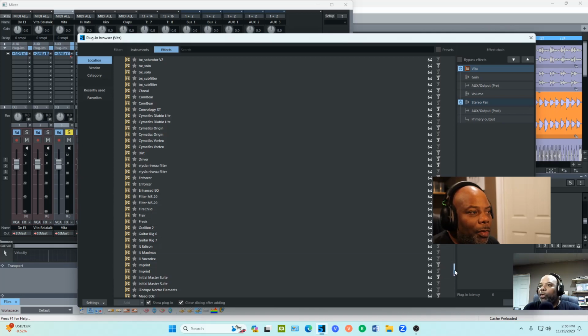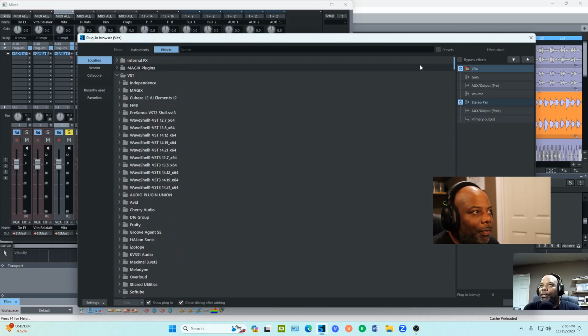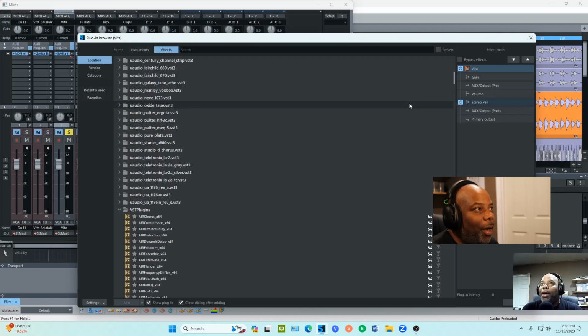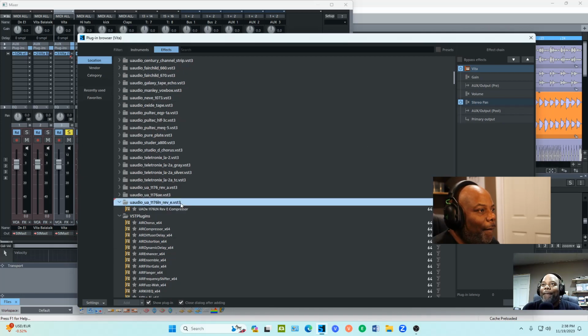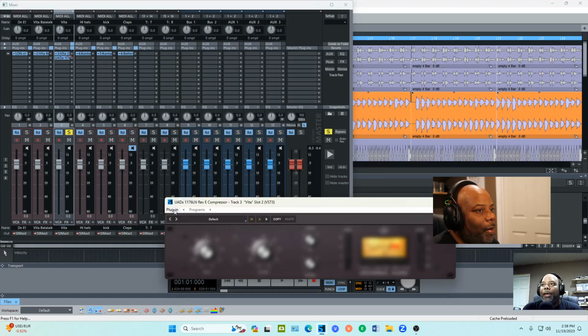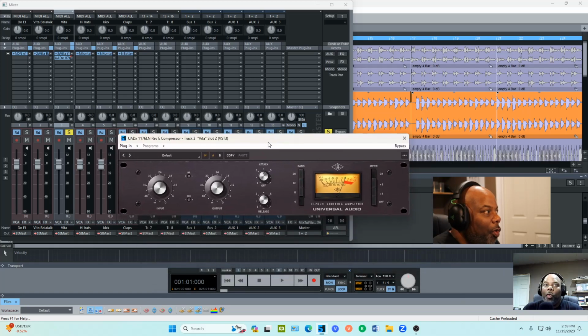Can they be used on, would it make a difference? My bad. Will it make a difference on which DAW you're using to process with these VSTs? That's the thing. So, there's your audio. Let me see. It's the compressor, right? Okay, dang, there you go. It pops up. Ooh. All right.